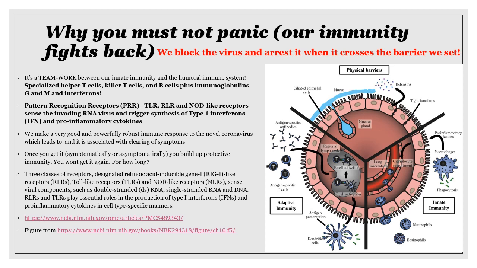These include the mucus that you produce right here in the epithelial lining. This protective mucus will trap the virus and wash it down. And should it manage to go through all of these defensins and tight junctions that we have, epithelial cells and hair that flush out, trap and flush, if it manages to go beyond the physical barriers, we have the secondary level,